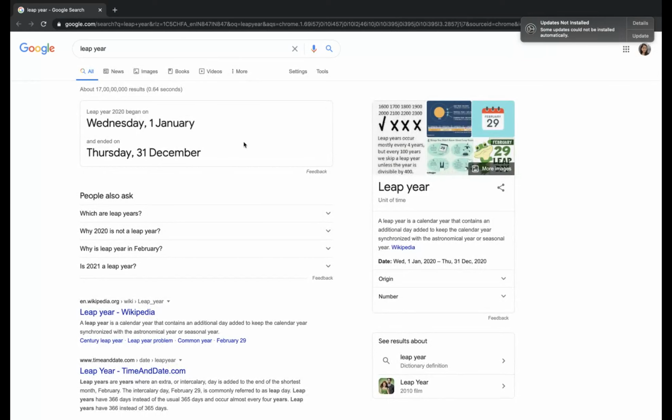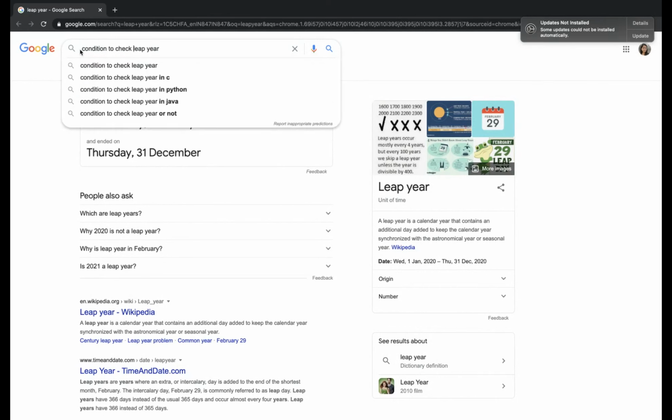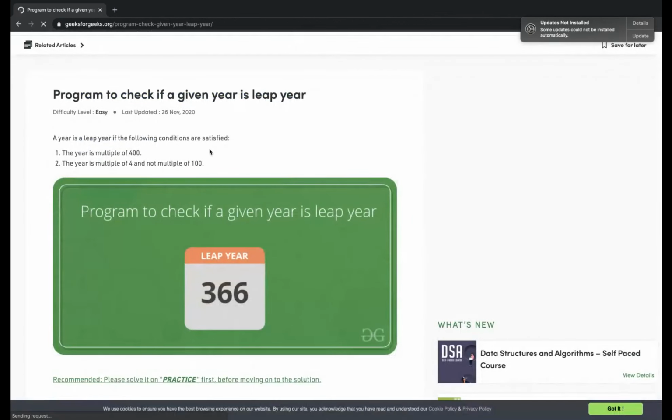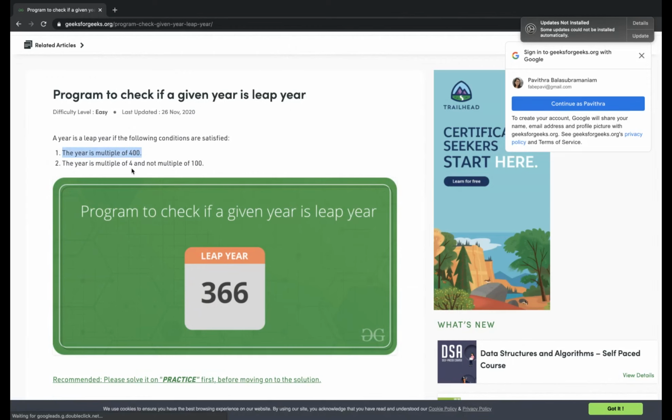Don't know. The condition to check leap year, we can check. We have read it in our school days. A leap year is one where the following conditions are satisfied. The year is a multiple of 400. The year is a multiple of 4 and not a multiple of 100.